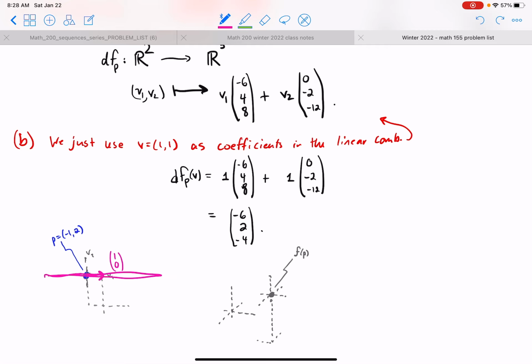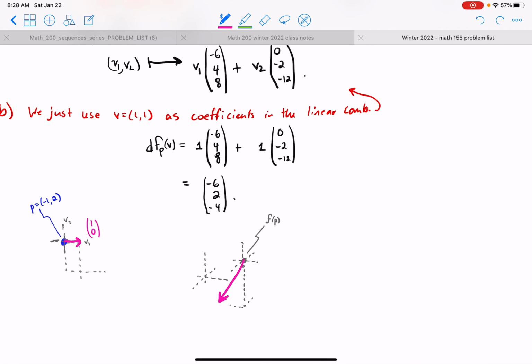That makes sense. This is the horizontal curve. And so somewhere I will get this vector, and that is literally that column, -6, 4, 8. I'm not drawing it perfectly, obviously, but this is DFP applied to